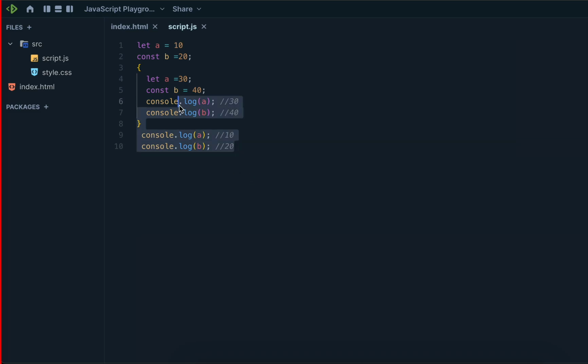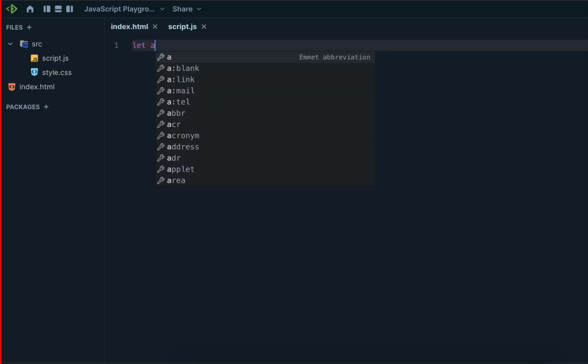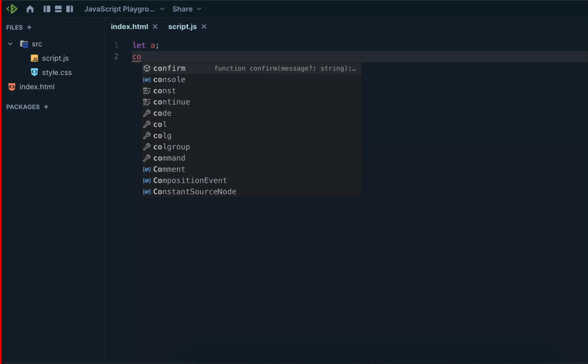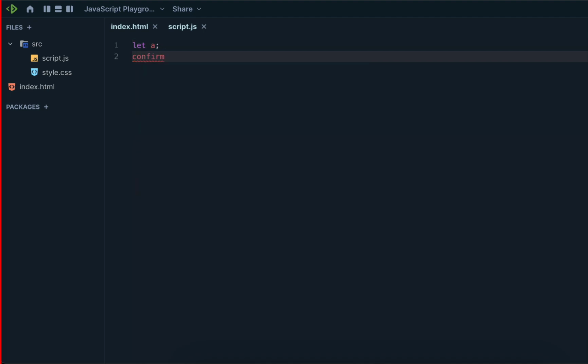Okay, so there is one more question. Let a. Here I will try to console.log a plus 1. What is the output for this question?